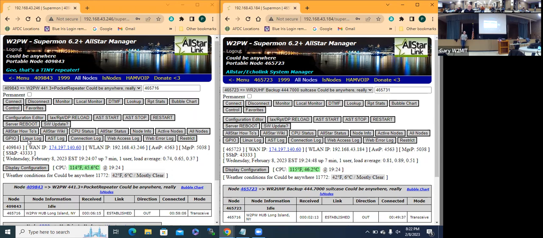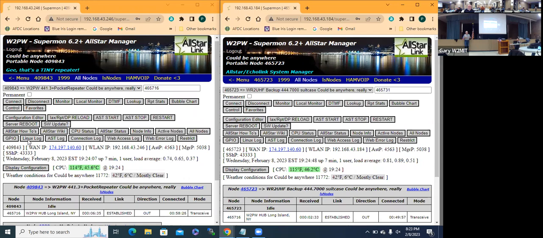IRLP was a great system, but it is rather closed in its nature. You must purchase a board from a guy. It's not a lot of money. It's $139. It won't change your life. But the IRLP network is what it is, and the ALLSTAR network is so many different things. For example,